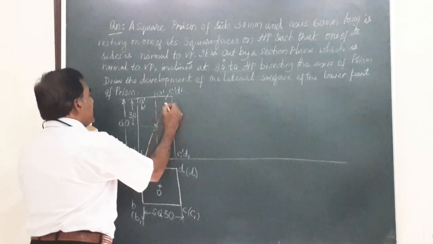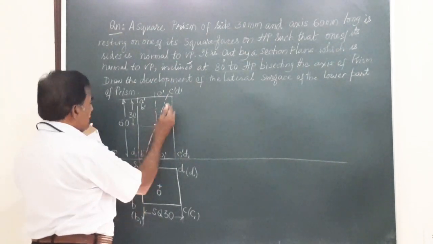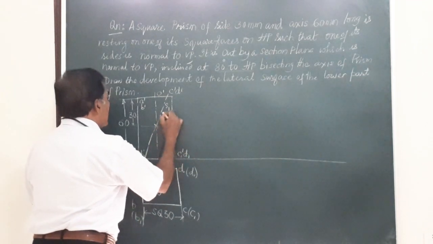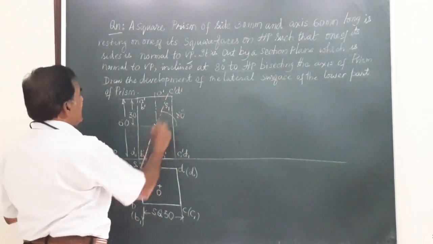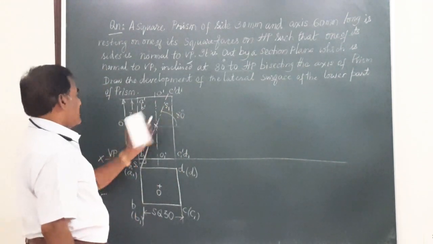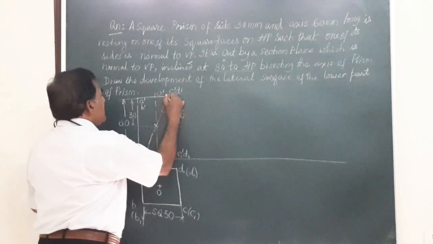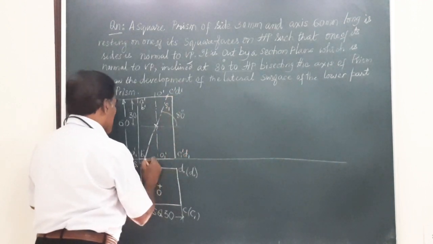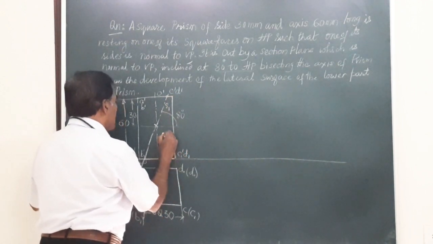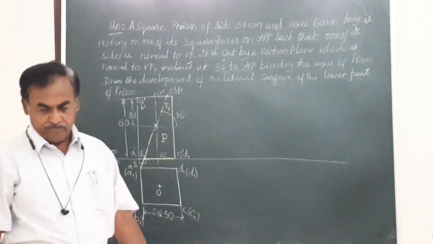So this is the section plane which I mark as S1, S1. This section plane is inclined at an angle of 80 degrees, that is 80 degrees to HP, and this section plane is marked as S1, S1. So after the section plane cuts, let me retain this part and I represent this part as P. P is the part which is retained for the purpose of drawing the development.